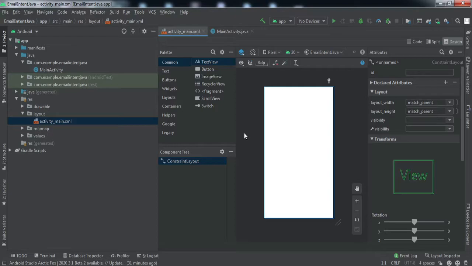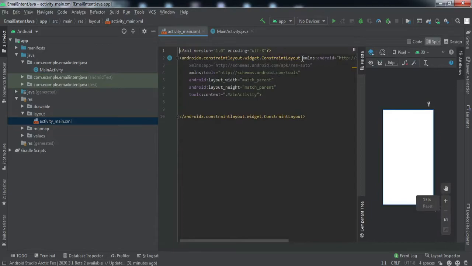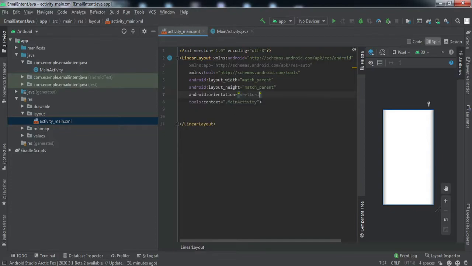So let's start with the development. The very first thing we are going to do is design the front end part. So let me just go to the sketch window and I'll take the linear layout for this activity, and we'll take the orientation as vertical. Now just let me quickly design the front end part, then I'll let you guys know what we have done, right?